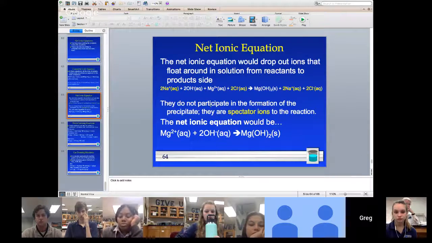So the ions that are not involved in the actual equation, we call those spectator ions, just because they spectate. They don't actually contribute to our formula for our solid, which is Mg(OH)2. So when we write the net ionic equation,